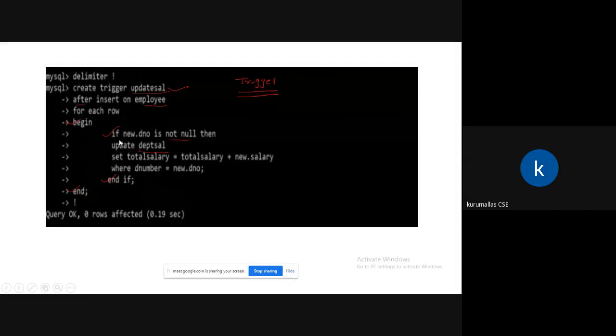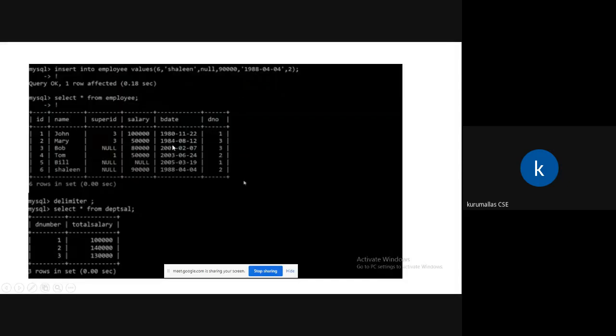If you check this one, if new dot d number is not null, then we have to do the addition to the existing salary. We have to add the new salary to the existing total salary. If it is null, we should not do anything.